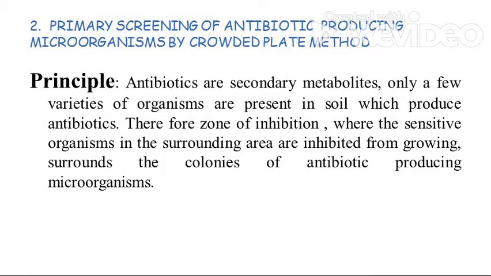So here, in an organic acid producing organism, you will be able to find the zone of hydrolysis of calcium carbonate. Here you are going to find the zone of inhibition. Right. So see, here the key word is crowded plate method. Now why crowded plate? You require a crowd. If the competition is not there, then the organisms that are able to produce antibiotics will not be able to produce, because if there is no competition, they do not require any type of inhibition.